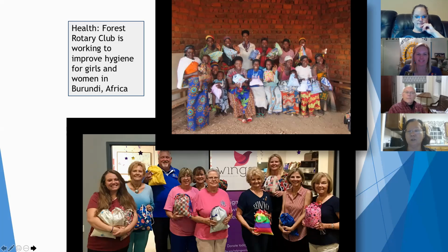The top picture has the grant recipients, and the bottom picture shows members of the Forest Rotary Club. And we see our own annual giving chair, Dana Guthrie, in there. And when you think about the impact of improving hygiene for girls and women, just think about girls trying to learn if they have no choice but to miss 3 to 5 days of school every month. Any of us, especially those who have children, know that that's a huge impact on your learning. And because of the work done by the Forest Rotary Club, that doesn't have to happen for some women and